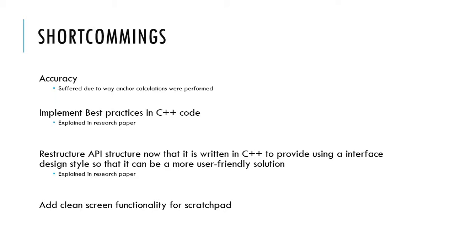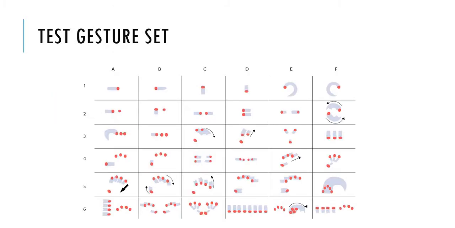Although the first pass translation of CircGR from C# to C++ was, for the most part, successful, there were a couple of shortcomings in terms of accuracy. Accuracy for the classification of gestures suffered a bit due to the way the anchor calculations were performed. For instance, if we take a look at the gesture set that was used to test the actual API,